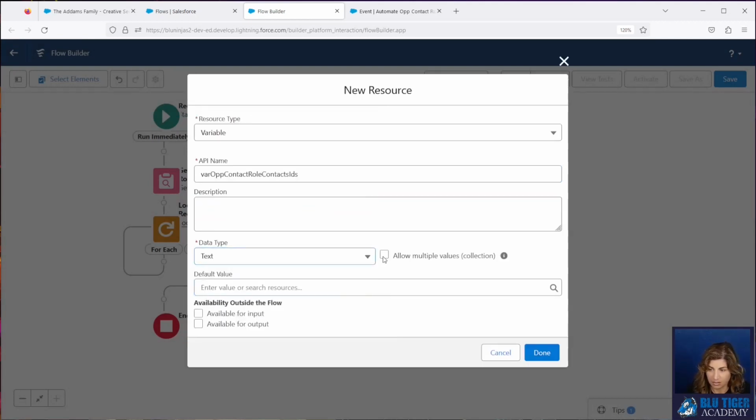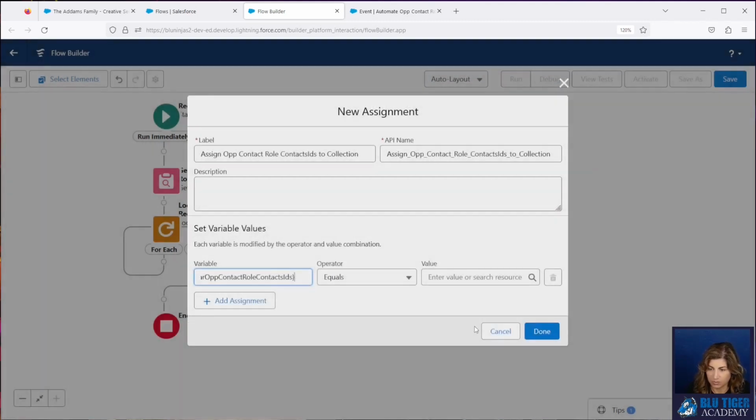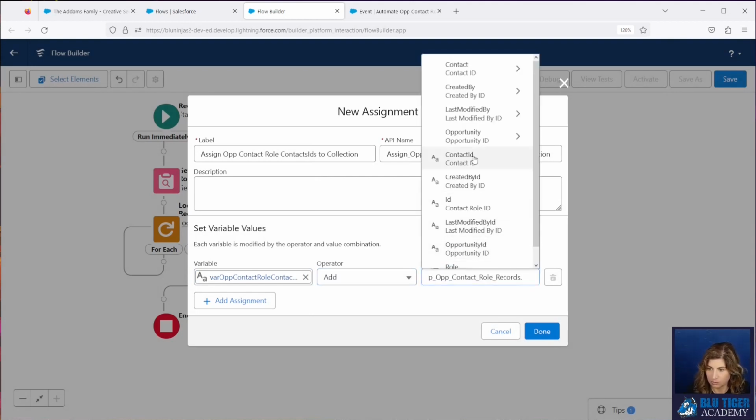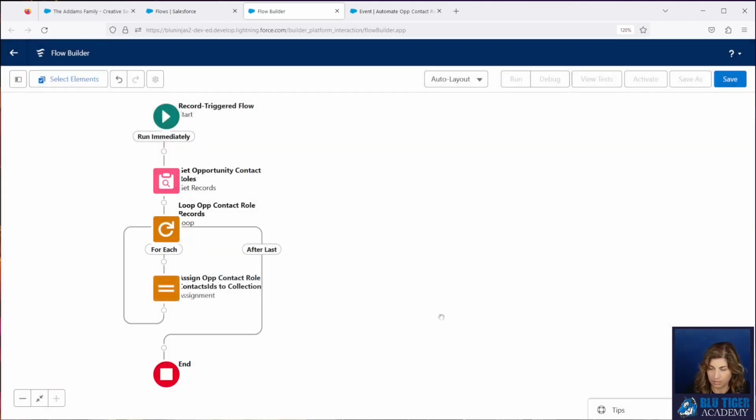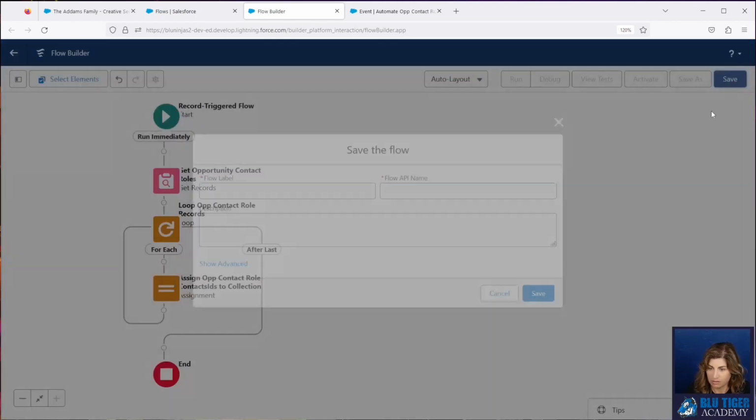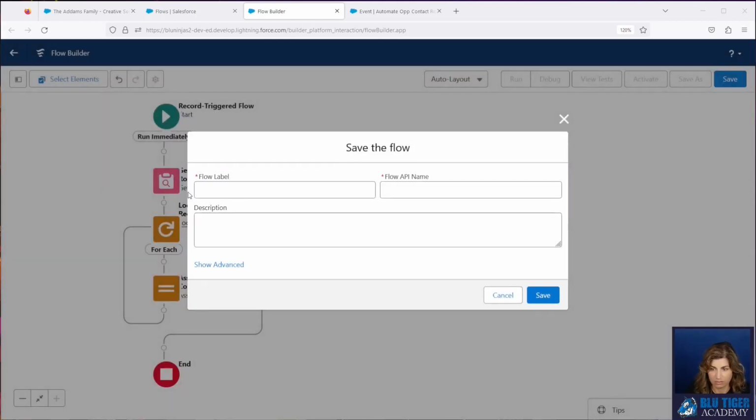This will be a text, and we're going to add multiple values, and then we will add the contact ID from our loop right in there. Let's save this. We'll give it a nice label, and then we'll give it a nice description.